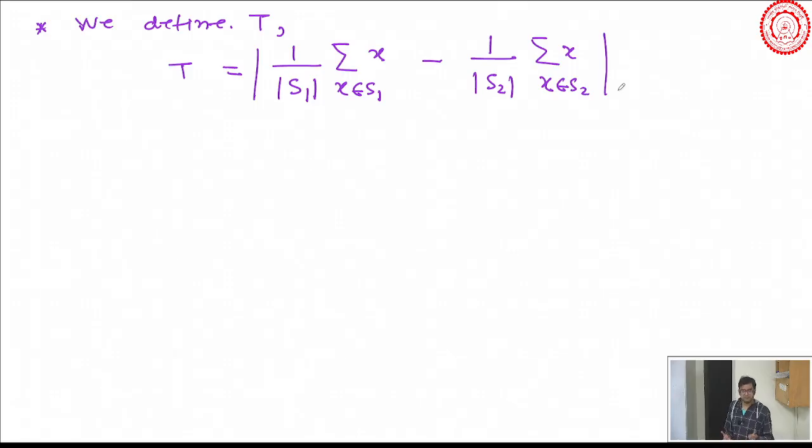Now you can say, why mean? No, it need not be mean. You can take both mean and variance. If the mean and variance match, then the distributions are the same. You can say, why only two? Take 5, take 10. It's your decision basically what to take. You will decide the threshold. You will decide what to match, and based on that, you will come up with the statistic. So this T has to be decided by you, and it can be decided based on the problem at hand.